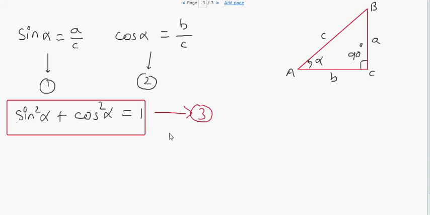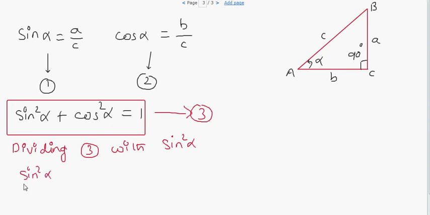Let us call this equation 3. Now dividing equation 3 on both sides by sine squared alpha gives you